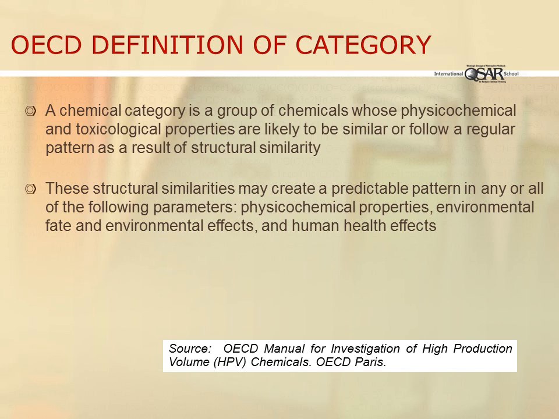But the OECD definition of category is a group of chemicals whose physicochemical or toxicological properties are likely to be similar or follow a regular pattern as the result of structural similarity. Again, the key words, regular pattern, a trend basically, and